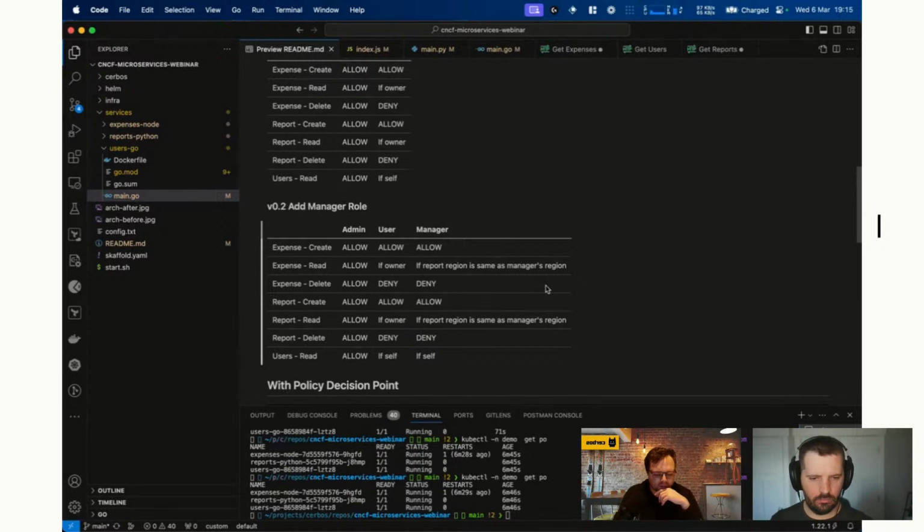We also now want to have this more granular role of a manager. So now our logic says, okay, if the user is an admin, it should always be allowed. If our user has the user role, they should only be allowed if they're the owner, for reading. But if they're a manager, they don't have to be the owner, but they can only access resources in the same region that they are a manager of. So all of our expenses and all of our reports in our database have a field called region, which dictates which region that particular resource belongs to. And then each user that we have also